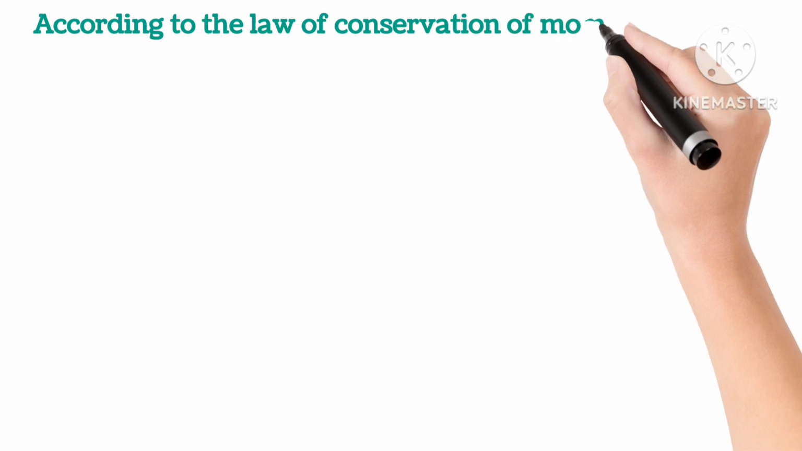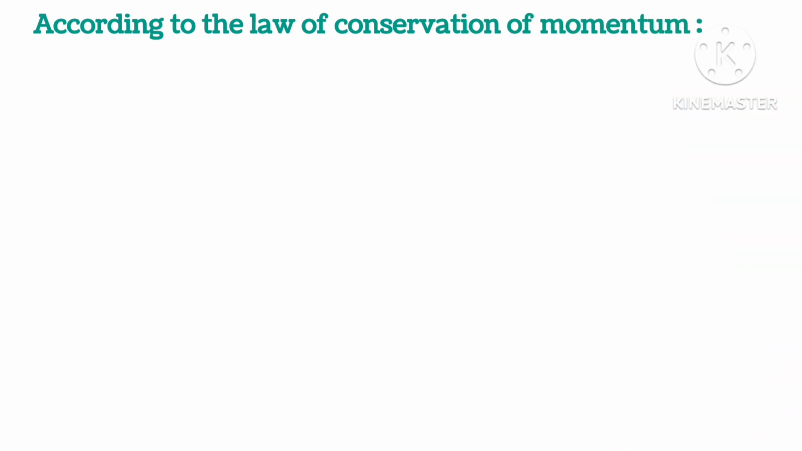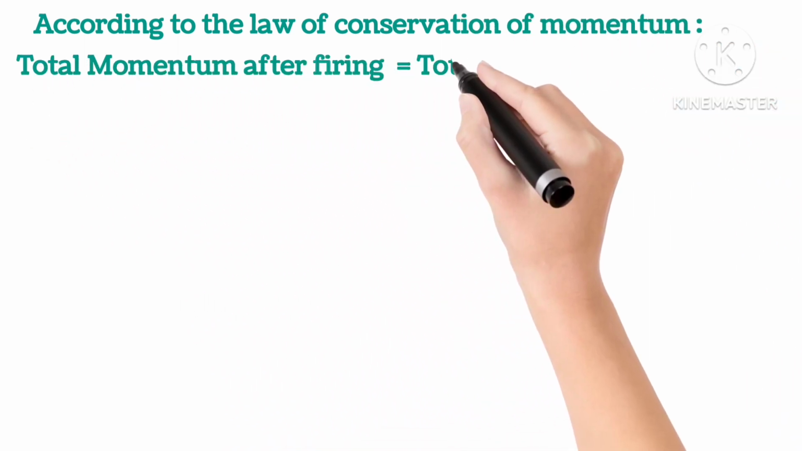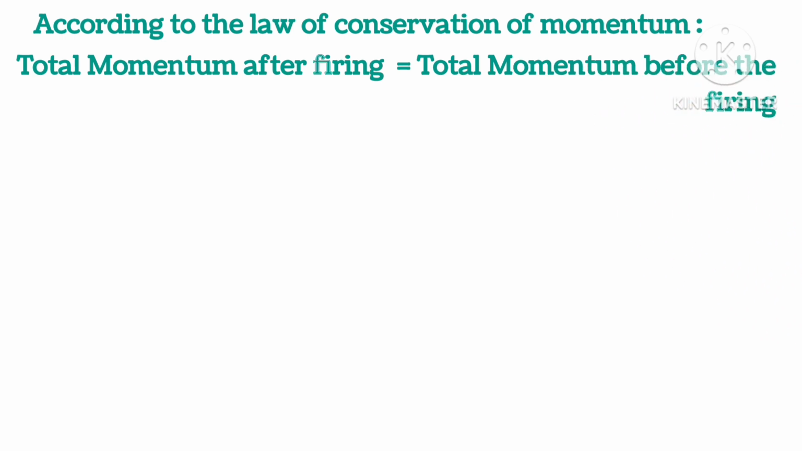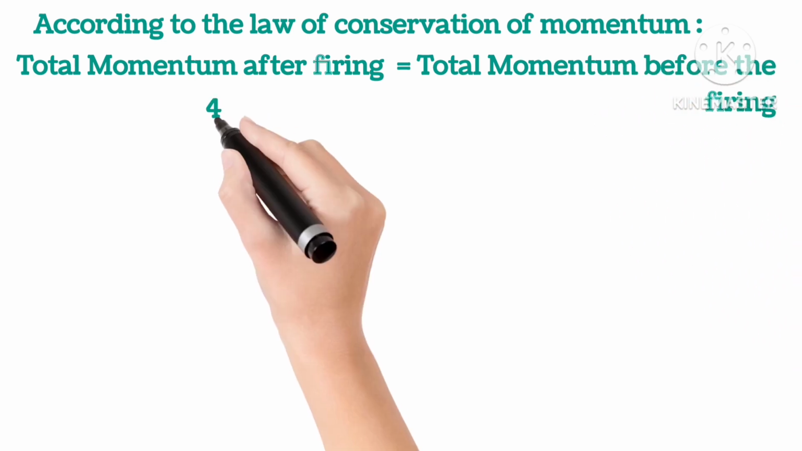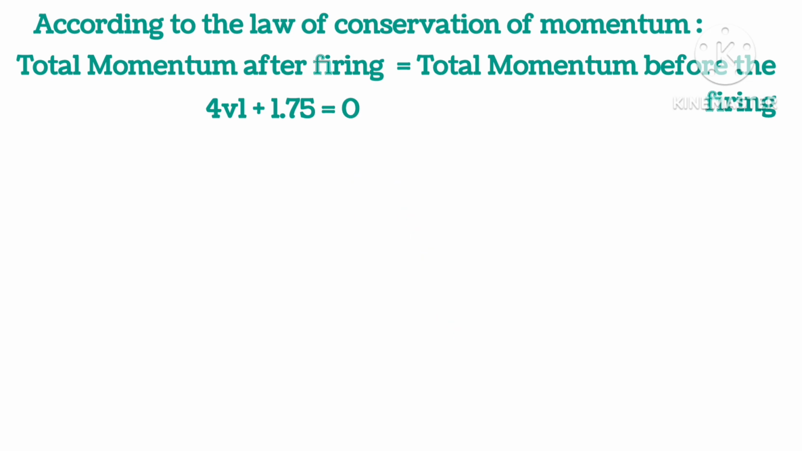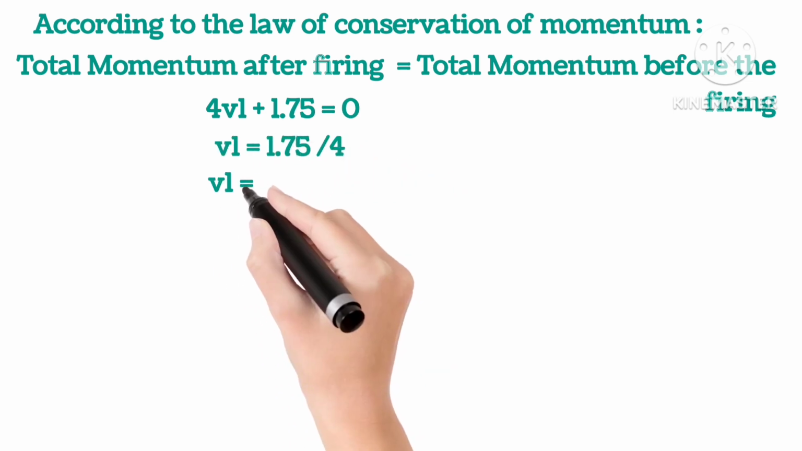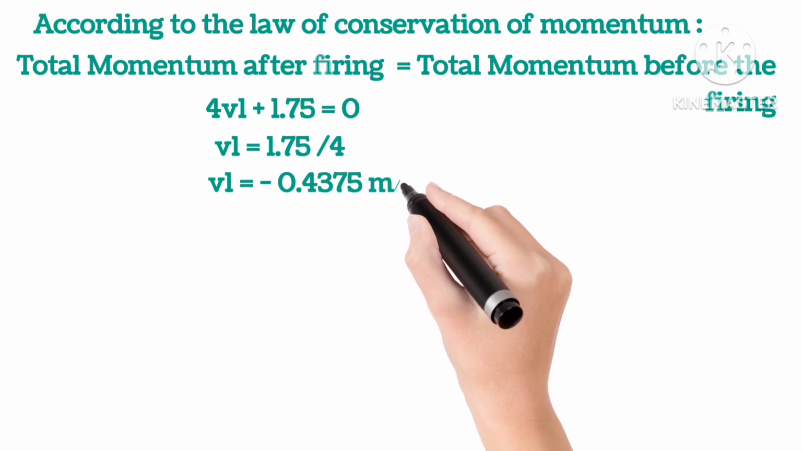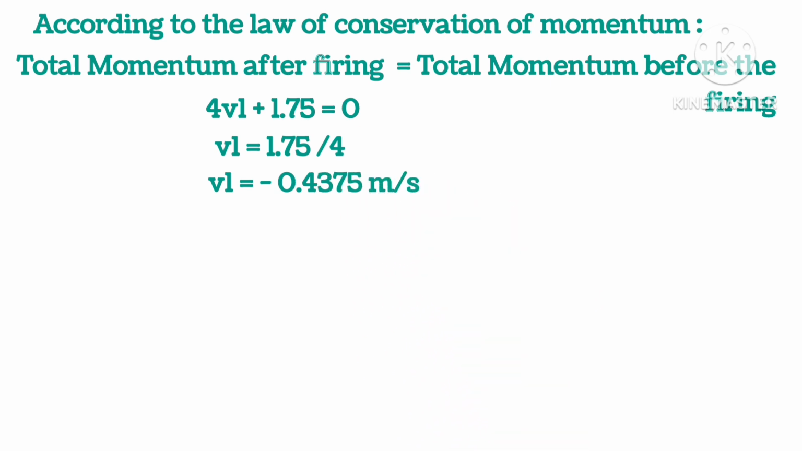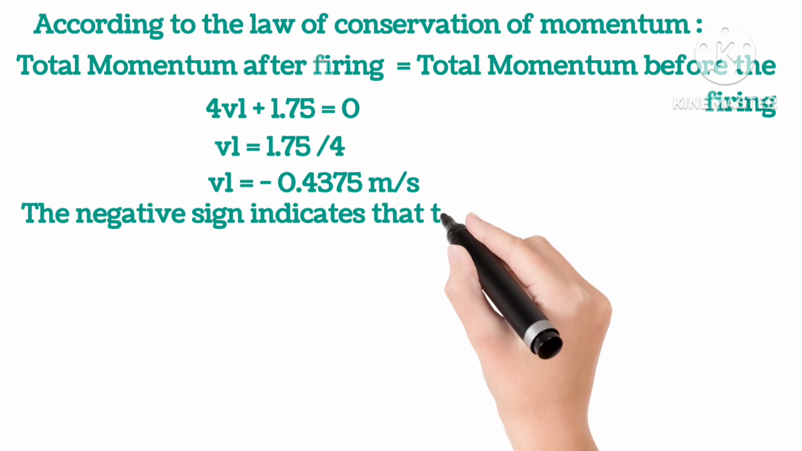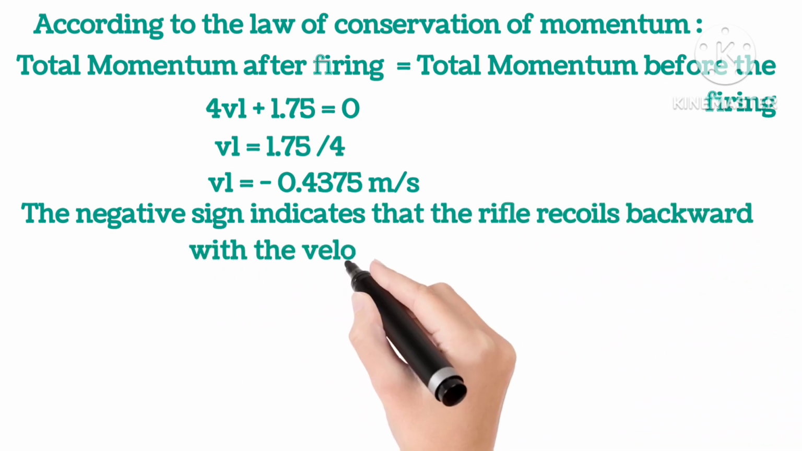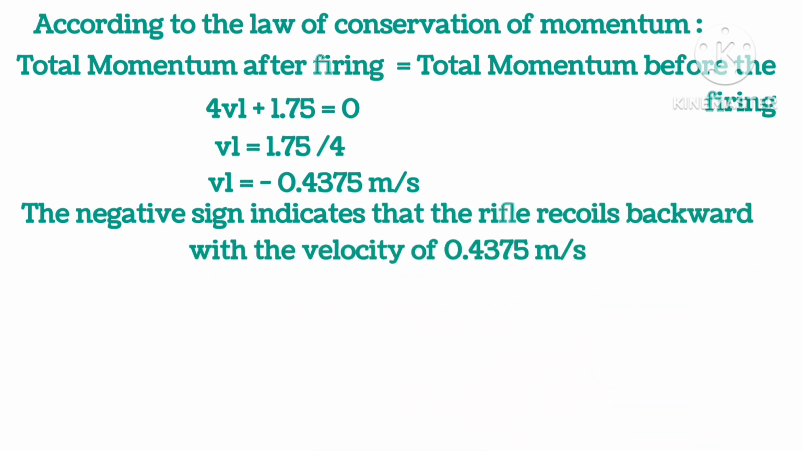According to the law of conservation of momentum, total momentum after firing is equal to total momentum before firing. So 4V1 plus 1.75 is equal to 0. So we get V1 equals minus 0.4375 meter per second. The negative sign indicates that the rifle recoils backward with a velocity of